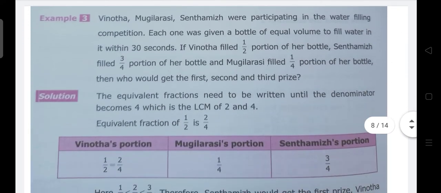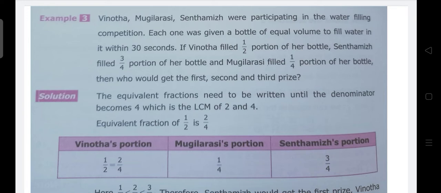Now Vinoda, Mugilarasi, Senthamil were participating in the water filling competition. Each one was given a bottle of equal volume to fill water in it within 30 seconds. If the three are participating in a water filling competition on a sports day, I think if Vinoda filled half